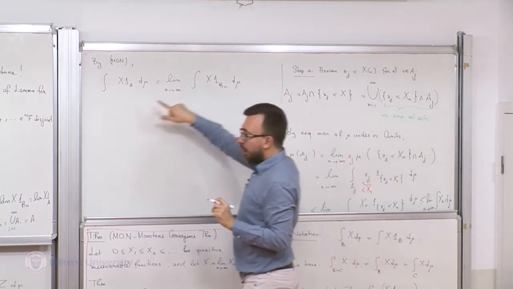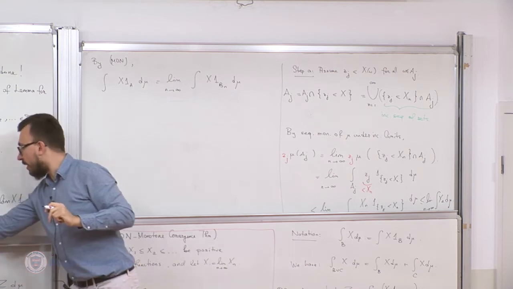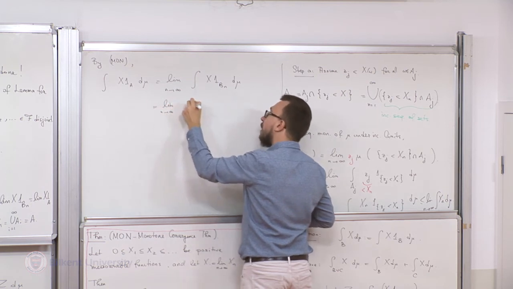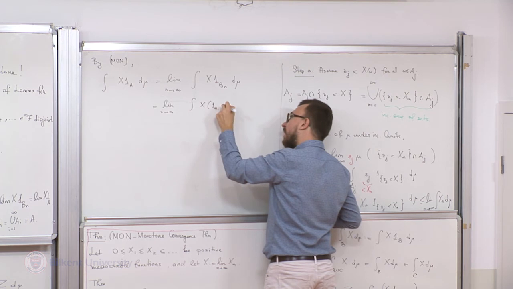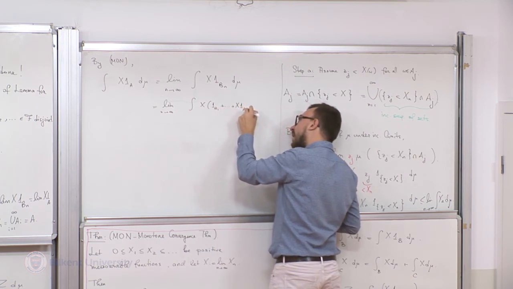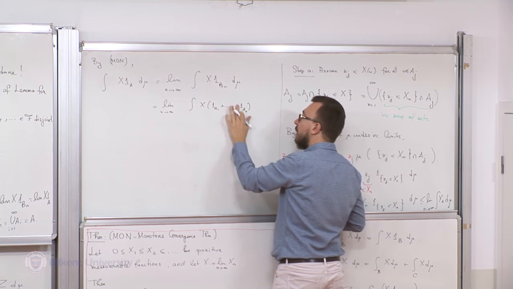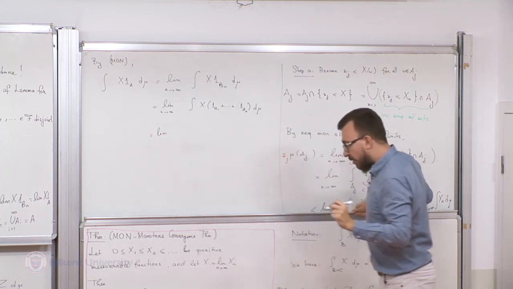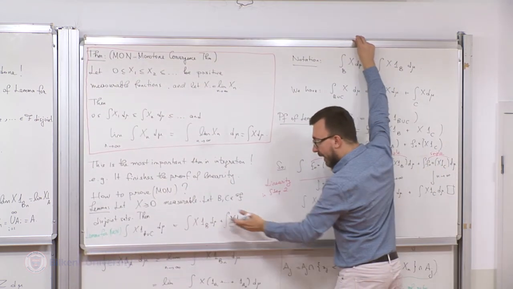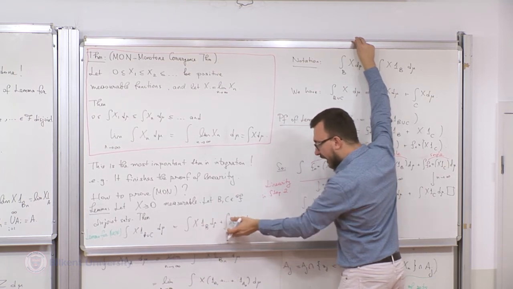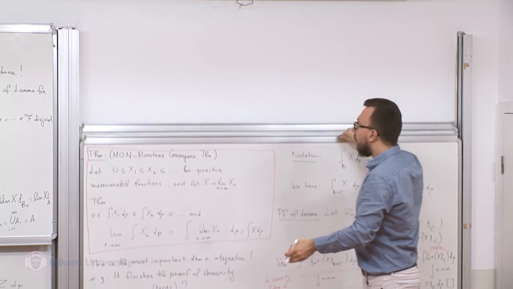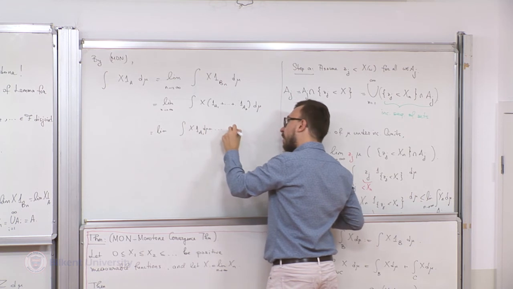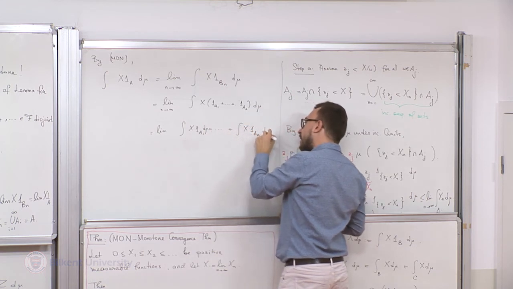Now, what is Bn? Bn is a finite union. Where is it? Here. Bn is a finite union. Therefore, we can write it as x indicator A1 up to x indicator An, like this, right? And now we can use the finite version of the lemma. X indicator A1, X indicator A2, X indicator A3, we can just add them. X indicator A1, d mu, X indicator An, d mu, by